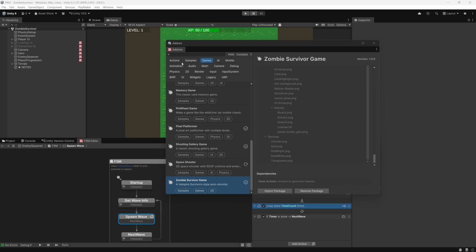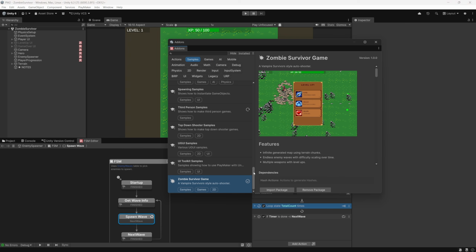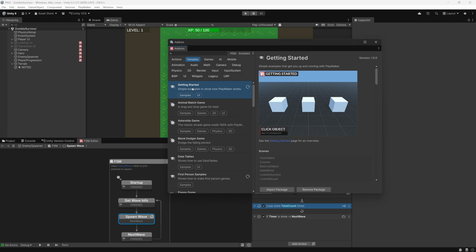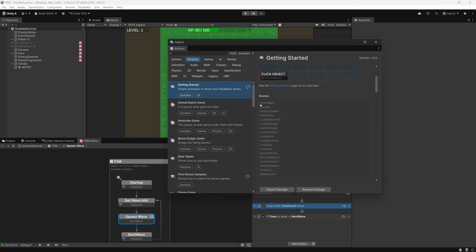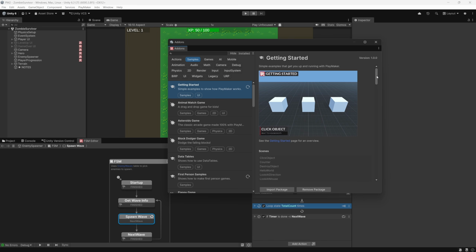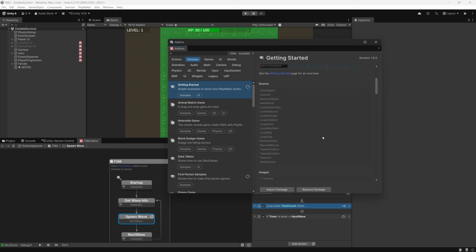So those are the full games, but there's also sample scenes. With the sample scenes, while some games are included, it also just involves some more abstract scenarios where the scene is built for the sake of teaching you how to use something. For example, the Get Started package has several scenes in it that you could see here teach you how to click an object, do a counter, a hello world example, how to use raycast with your mouse, how to use wait actions, etc. So this is a really good sample scene to poke around in when you're learning because you can actually see how a scene works and functions,